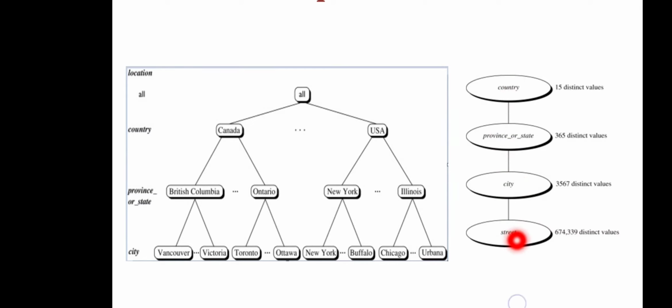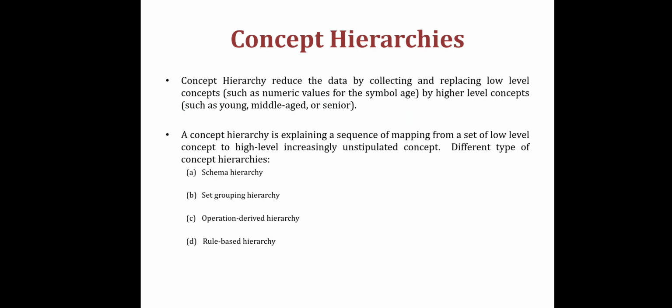So, you can either go from a low level to the high level or from high level to the low level. This is the basic example of concept hierarchy, where we are representing the hierarchy of a concept like location. Now, we are going to see different examples of this hierarchy with their different types.